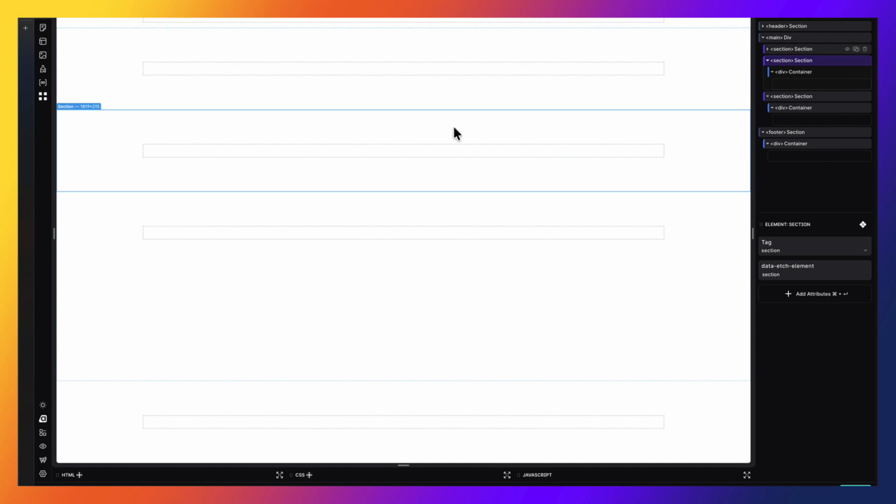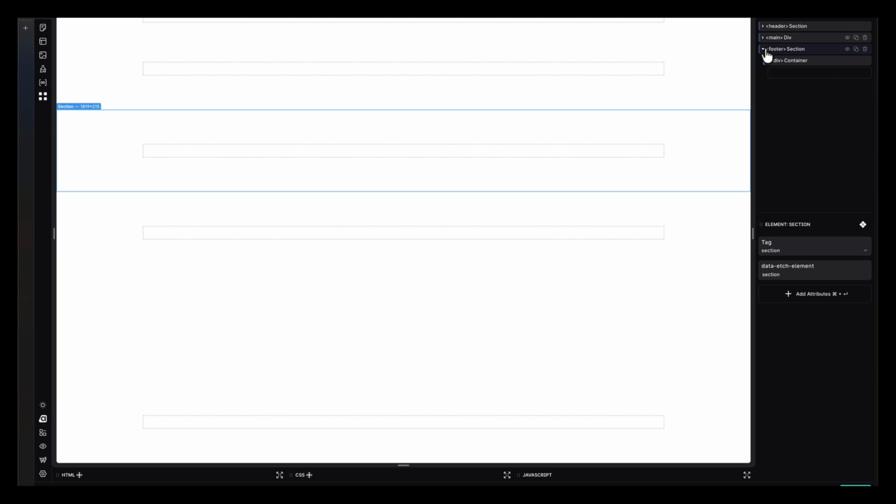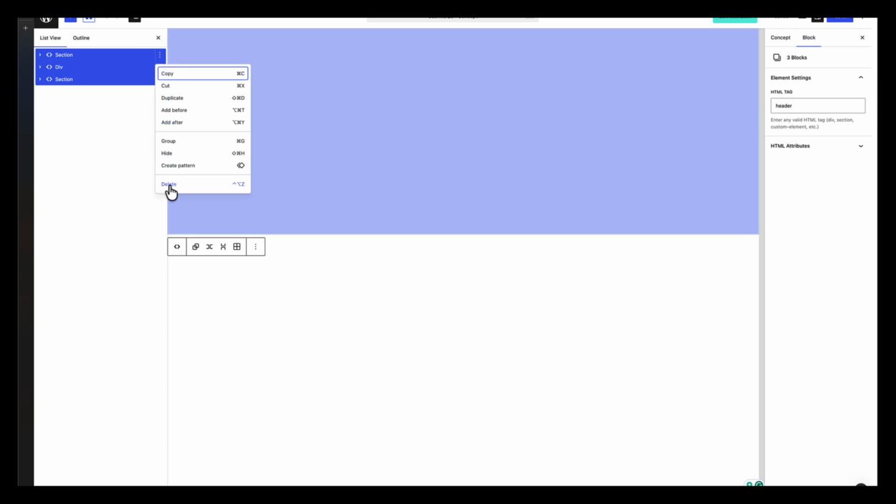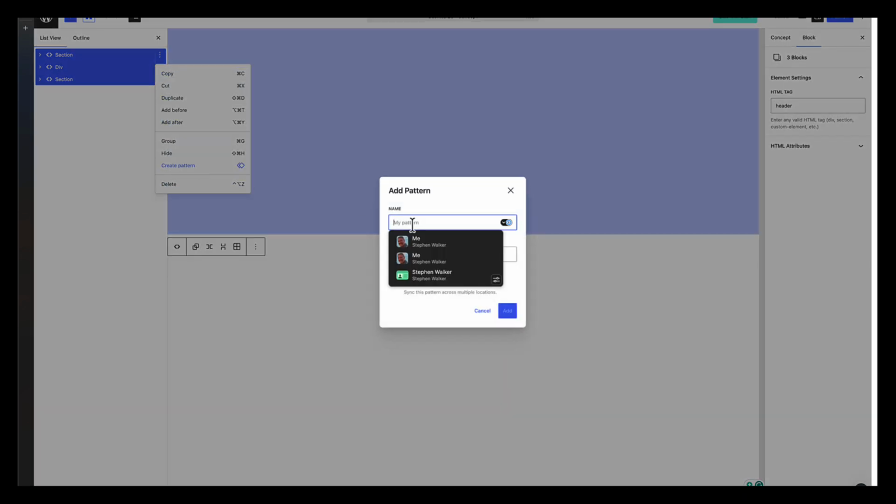Now, as you know, with Etch, you can't multi-select this, so you can't save it out as a pattern. I wouldn't want to save it out as a component. So what I do is I hit save, then go back into WordPress. And when you go back into WordPress, you'll see this blank canvas, but if you open the navigator, you will see that you have your three pieces. And then all you have to do is select all of them, create a pattern, call this concept starter,